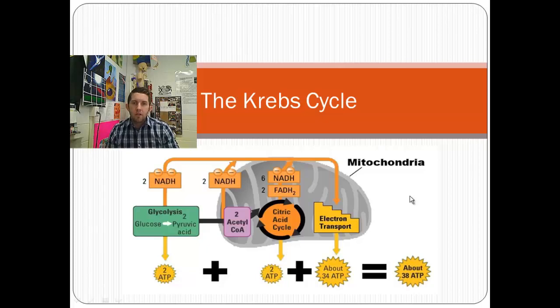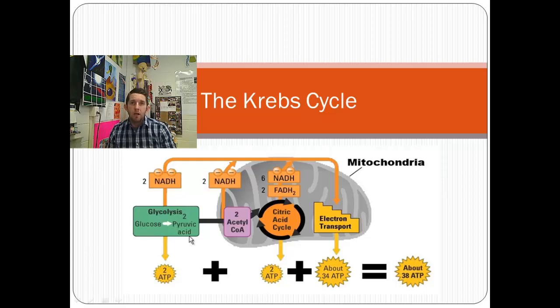Alright, so we're really starting to get into the meat of aerobic respiration now. We're moving on to the Krebs cycle. And just looking at where we've come from, we've finished glycolysis. We started the breakdown of glucose way out in the cytoplasm. We turned it into 2 molecules of pyruvate or pyruvic acid, and we've continued this breakdown of that original glucose